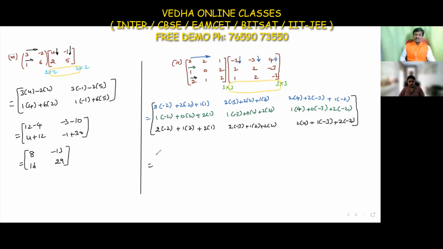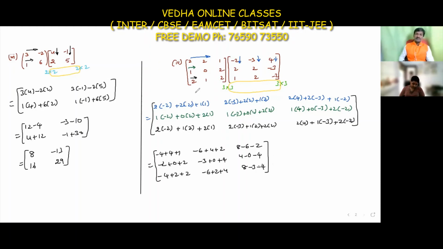So this is equal to: 2 2s are 4 minus 4 plus 4 plus 1, 2 3s are 6 plus 2 2s are 4, 1 2s are 2, 2 4s are 8, 2 3s are 6, 1 2s are 2. Plus 1 into minus 2, that is minus 2, plus 0 plus 2 1s are 2, 1 3s are 3 minus 3 plus 0, 2 2s are 4, 1 4s are 4 and 0, 2 2s are 4. Plus 1 2s are 2 plus 2 1s are 2, 2 3s are 6 plus 2 plus 4, 2 4s are 8 minus 3 minus 2 2s are 4 minus 4.